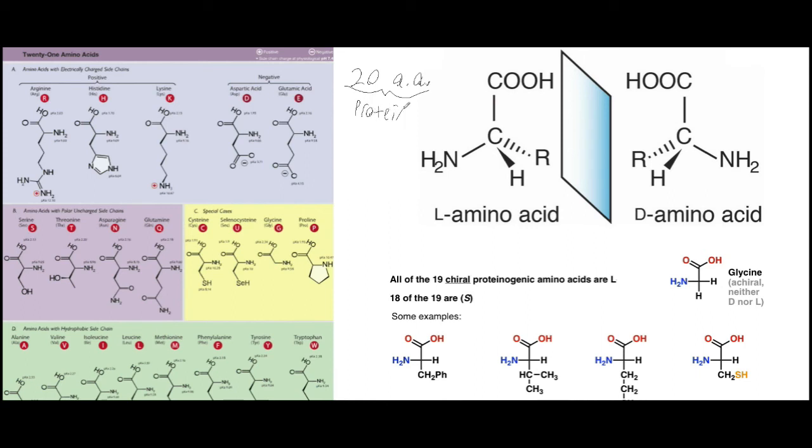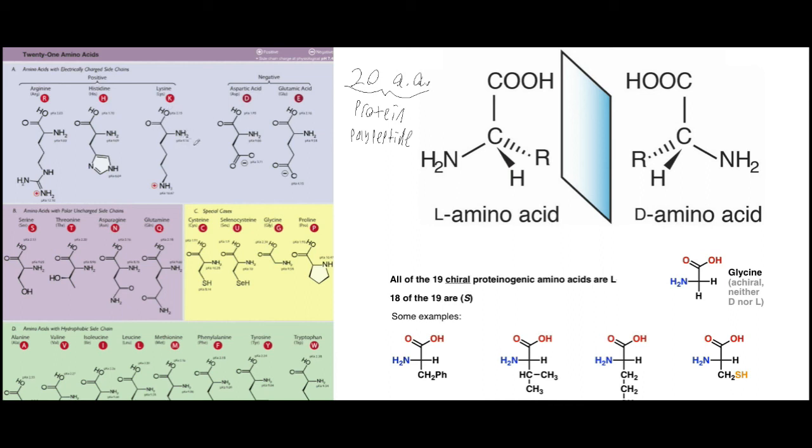So a protein is just a polymer, or as we call in chemistry and biochemistry, a polypeptide of amino acids. And so to talk about proteins, we first need to talk about their constituents, which are these amino acids. And right here I have this chart of amino acids, and this has it broken down into different chemical properties. And so up here in this top area, we have the